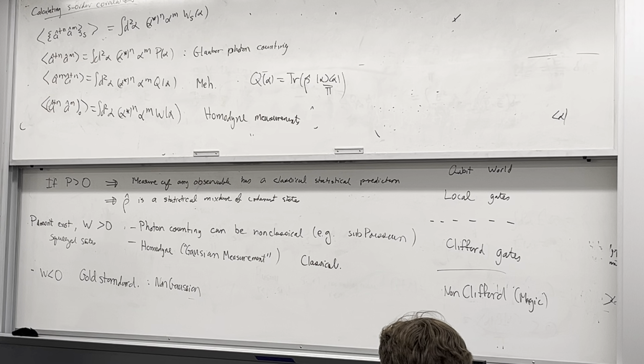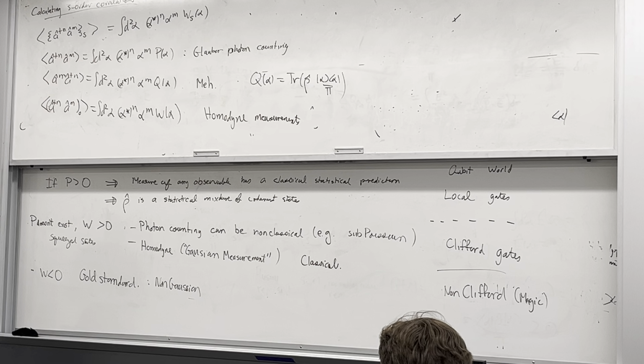This thing has a positive Wigner function, but it has a non-existent P representation. But now I ask you, after I go through this linear optical network,